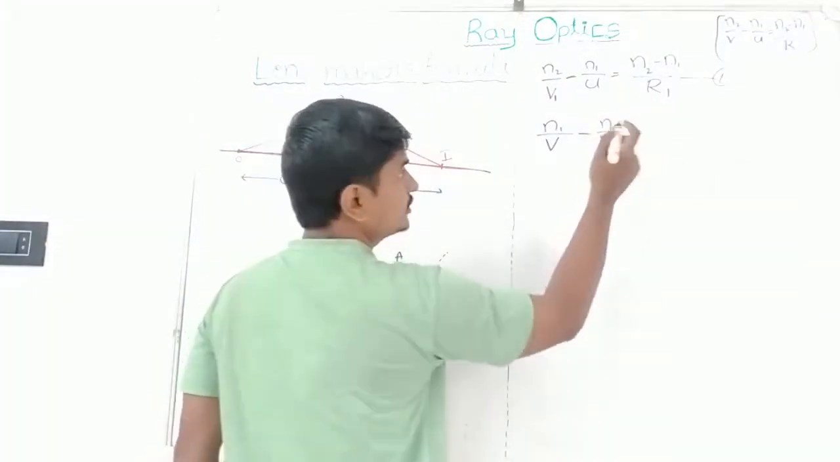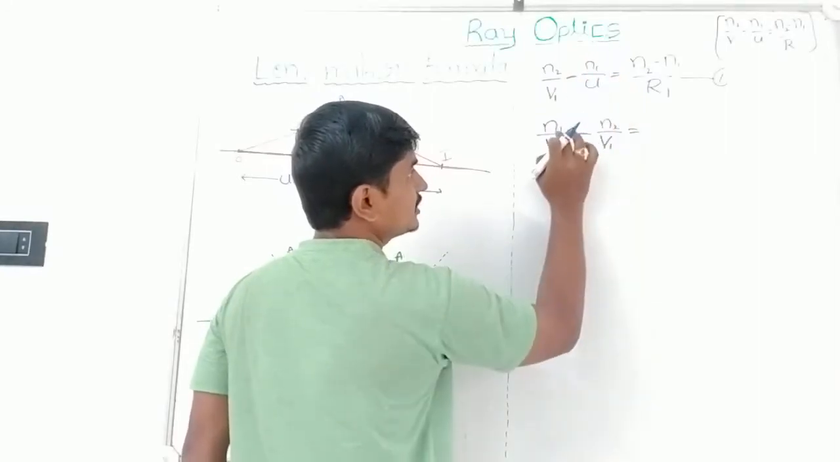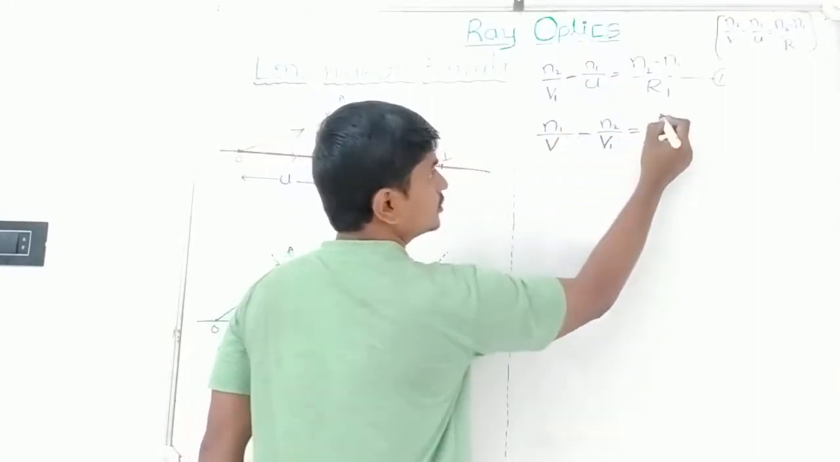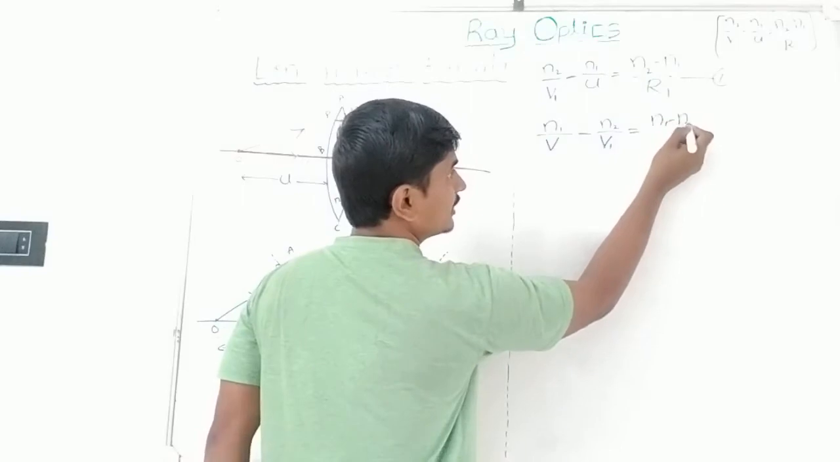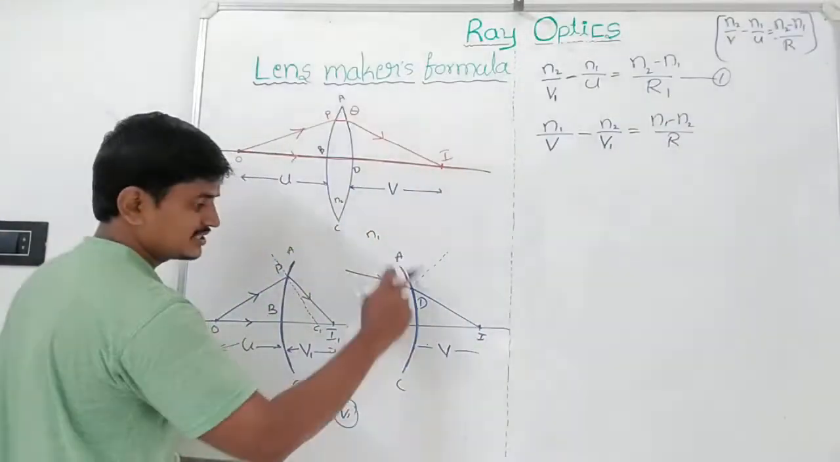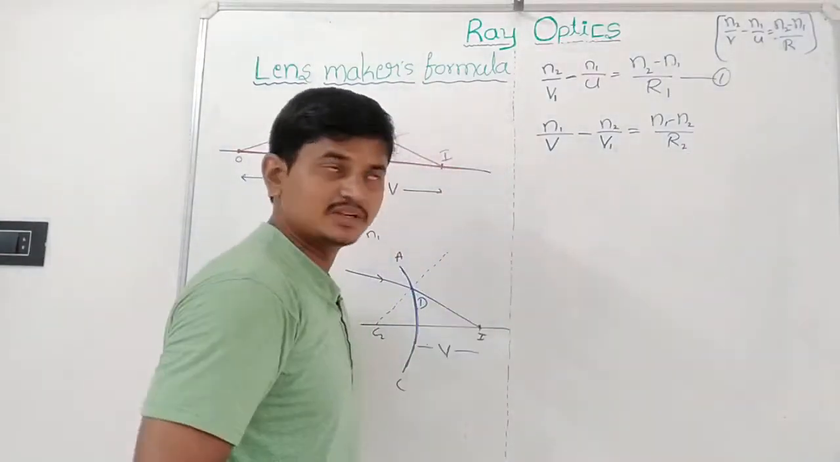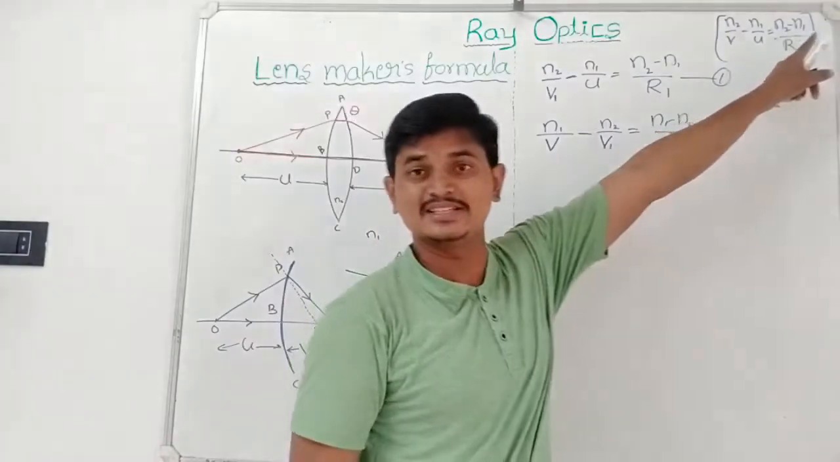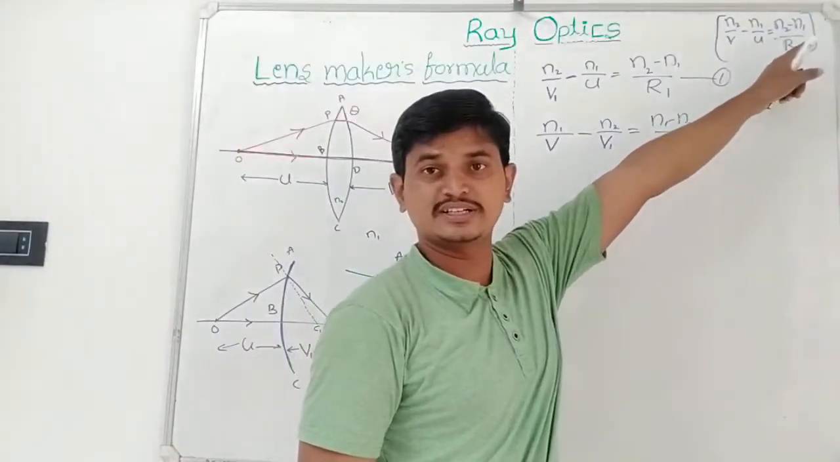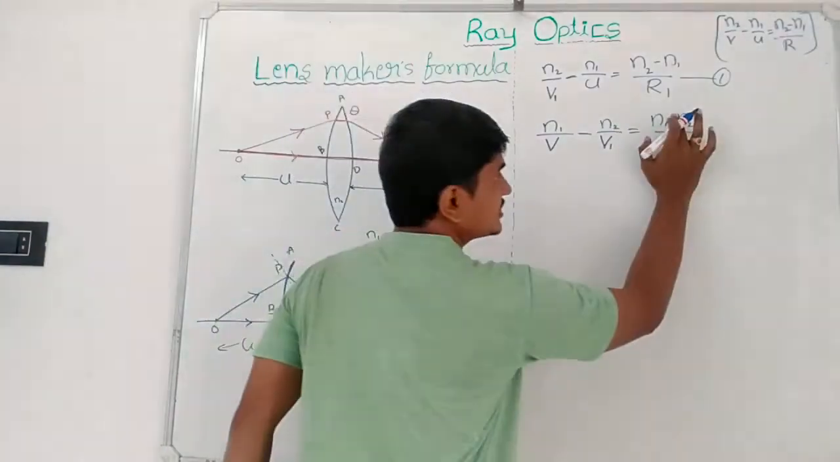Then, according to that, this becomes N2 minus N1 in the first equation, but in the second equation it is N1 minus N2, hence it is (N1 minus N2) divided by R2, the radius of curvature of the second surface. A slight adjustment is needed: at the RHS, it requires the N2 minus N1 form. Hence, by slight adjustment,